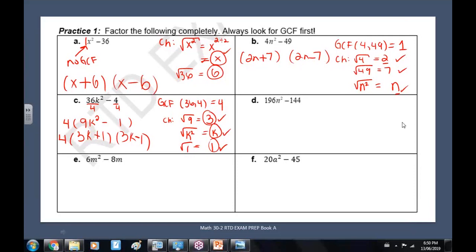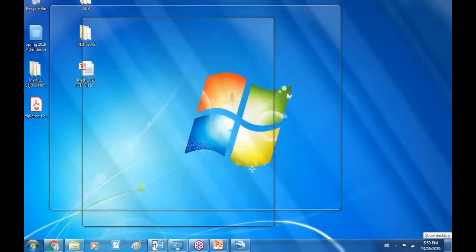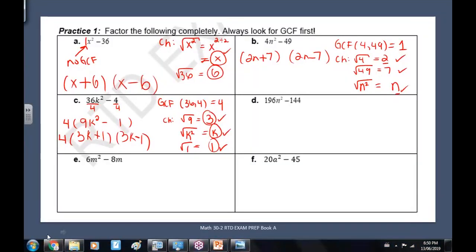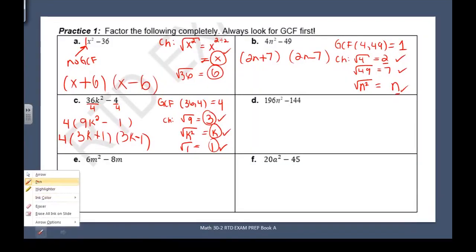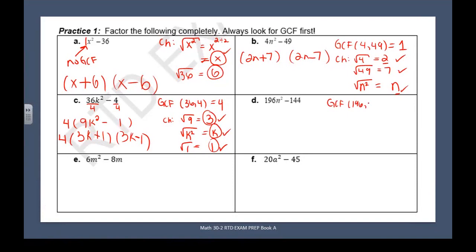Okay, so let's finish these ones off here. So again, I'm going to start with the greatest common factor. I always check that first. So GCF of 196 and 144 is 4. So if you guys don't like to do that by hand, you can use the graphing calculator to help you. Don't forget that. So I'll divide each by 4, and I get 4 on the outside, and then it's 49n